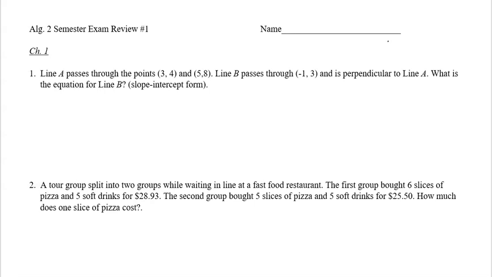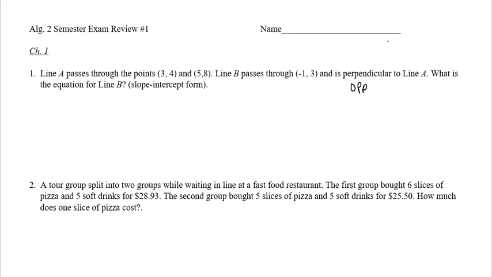So number one is all the way back to chapter 1. We have this line called A that passes through these 2 points. Another line B passes through this point, and we know that it's perpendicular to A. So what's the equation for line B? And we're supposed to write the equation in slope-intercept form. So this is testing your ability to recognize that two lines that are perpendicular to each other have opposite reciprocal